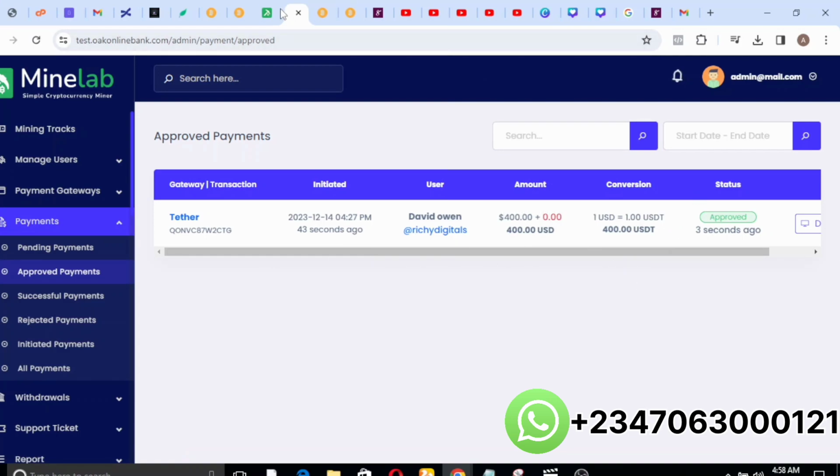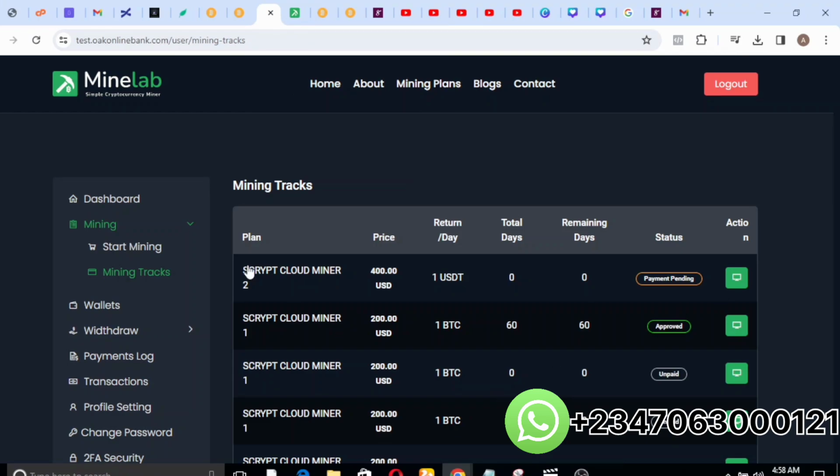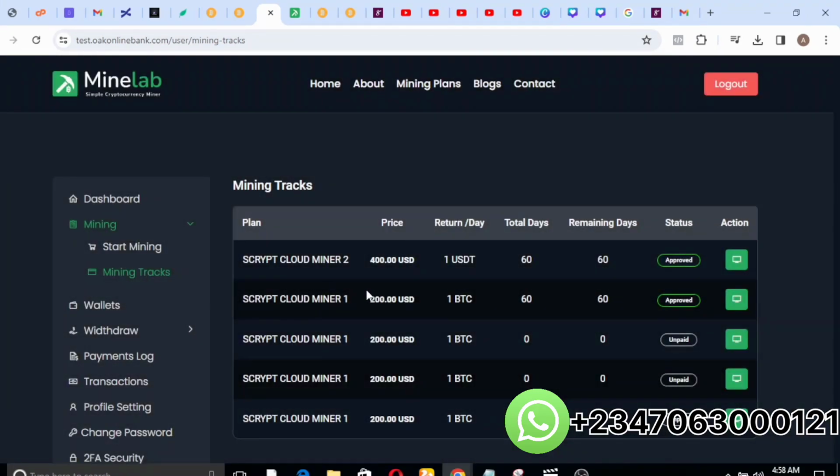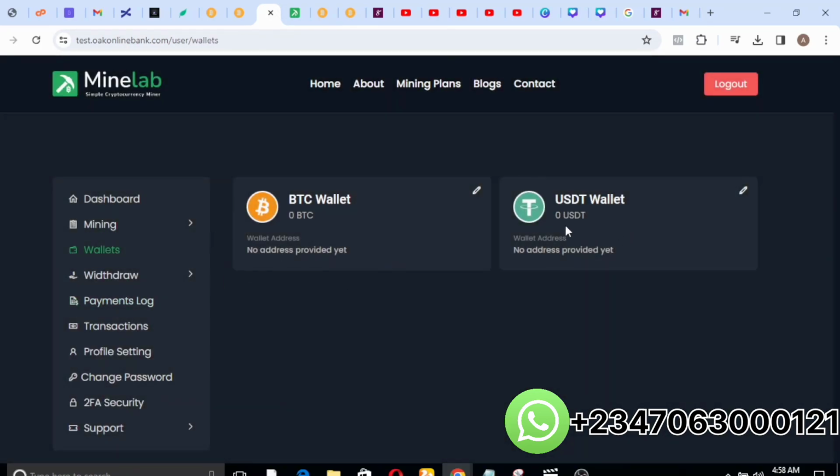So back to our mining package. When it comes to the mining tracks, you can see this is the plan that you actually initiated. You can see it has been approved, right? So this is really awesome. Same comes to wallets. On the wallet section, you can choose to